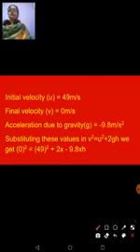Okay, substituting these values in the equation, v square is equal to u square plus 2gh. In the place of v, I'll substitute 0. In the place of u, I'll substitute 49. u square will be 49 the whole square plus 2 into minus 9.8. I told you already why minus, because the object is moving upwards, into h, that you have to calculate.